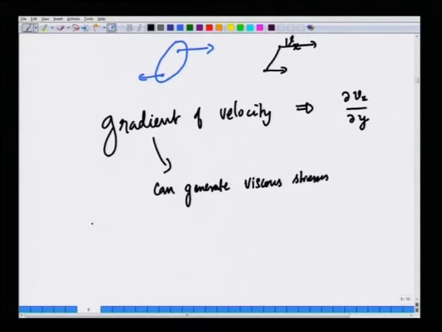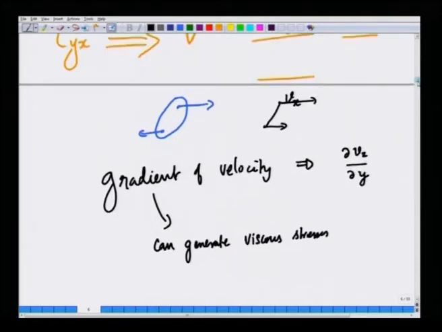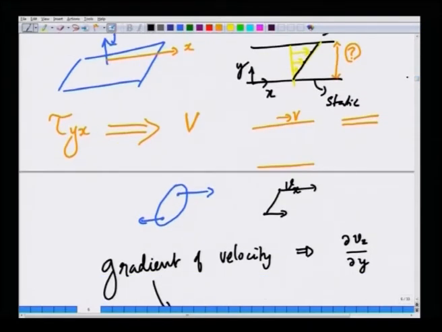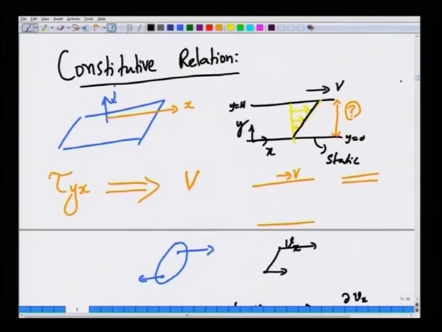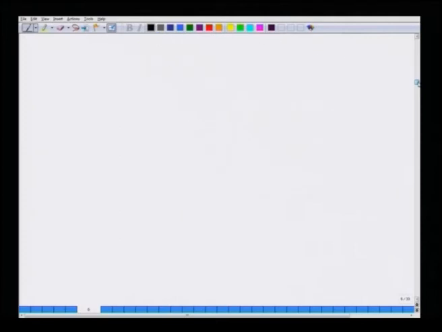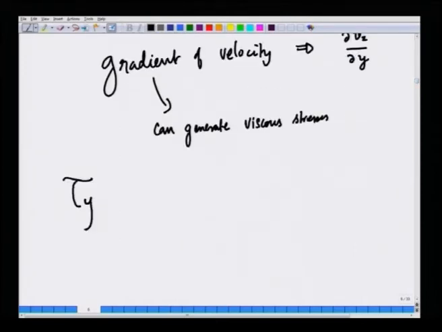So, in this simple context which we just discussed, let me show the picture here itself. You have two plates, one at y equal to 0, the other at y equals h, and the top plate is moving with a velocity v. Then the relevant component of the stress is tau y x, because you are considering the force acting on the top surface of the fluid in the x direction. So, tau y x must be proportional to